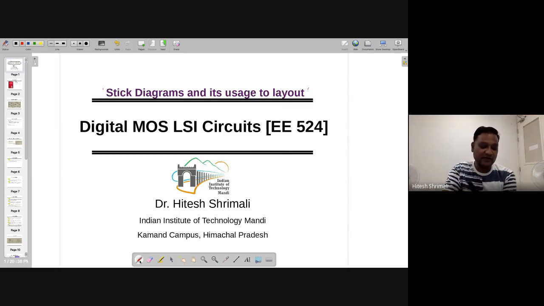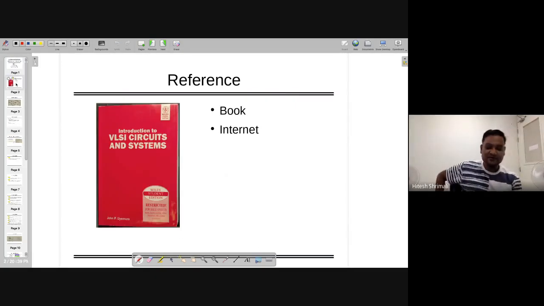Nandit has done a course where stick diagrams were covered, but it was called VLSI design. Another name of this course is also VLSI design; you can call this course VLSI design. If you go outside, some people teach this course under the name VLSI design, right? So then it's good; we are also learning in this course. Anyway, most of these things are on the internet, but still I found one book which gives some part, but I believe that after my lecture you don't need any book. It's very simple.